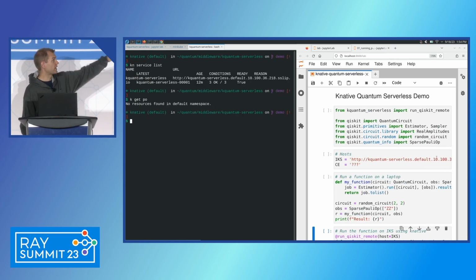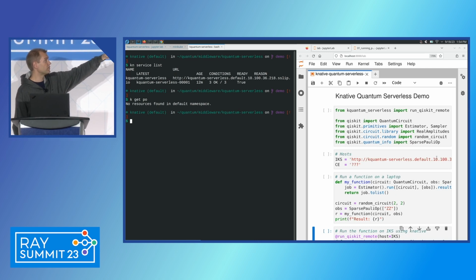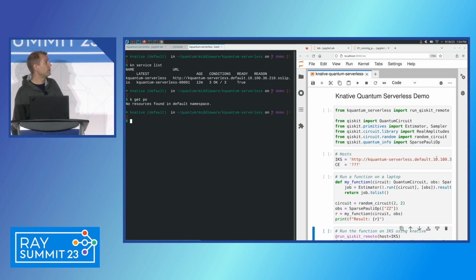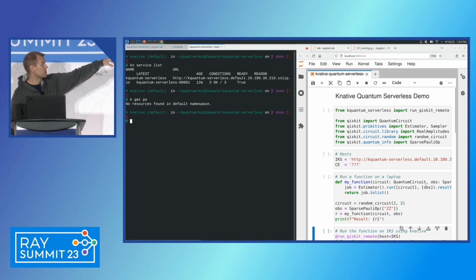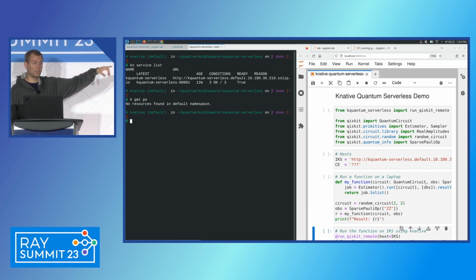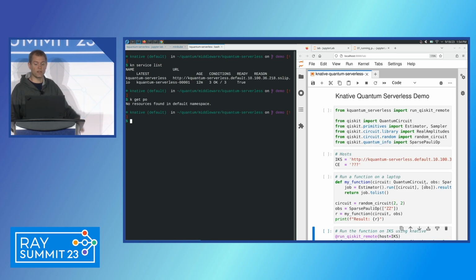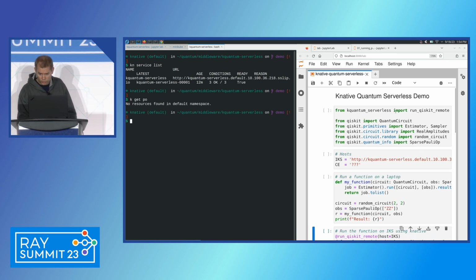Essentially, what we have running is a Knative service. It's got that URL endpoint. Basically, we're going to take our application, package that code, ship it off to Knative, let Knative run it, and spit results back to us. Now you'll notice in the second line there, we don't have any pods up currently. Knative scales down to 0 when it's not running. So when we go through,